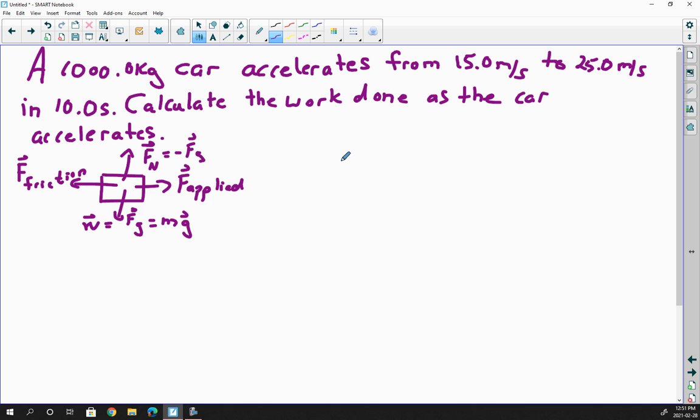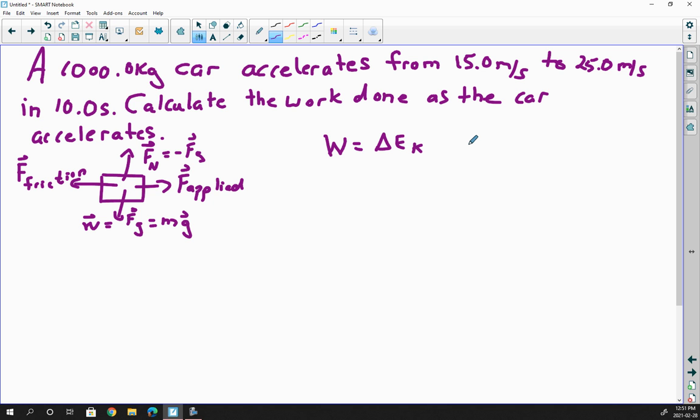So all those forces together will do work on it, the net work done on it, and what we want to do is calculate that. But as you take a look at this car, it's on the road. We're going to assume a nice flat road, so there's no incline or going downhill or uphill. So all the work that's being done on this is